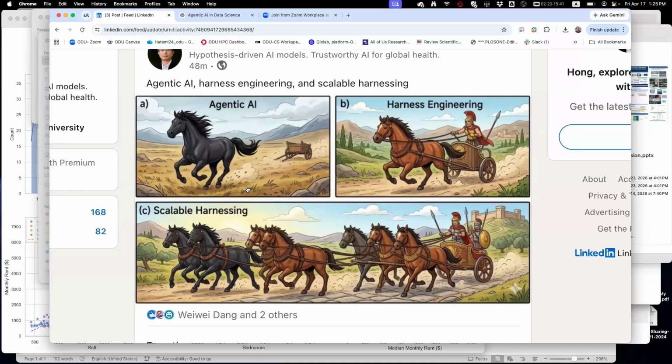What if you want to do very fancy things like shooting an arrow, on the right? You need much more complicated harness engineering. That's basically where the word harness engineering comes from. I'm pretty sure when people came up with that word, they thought about this. So this is the kind of idea behind agentic coding.